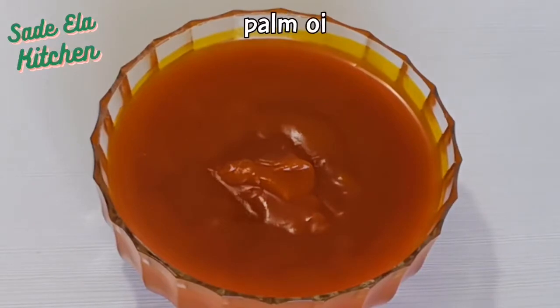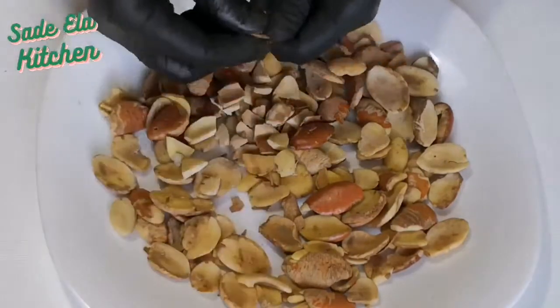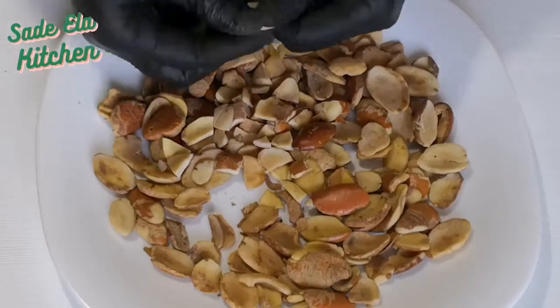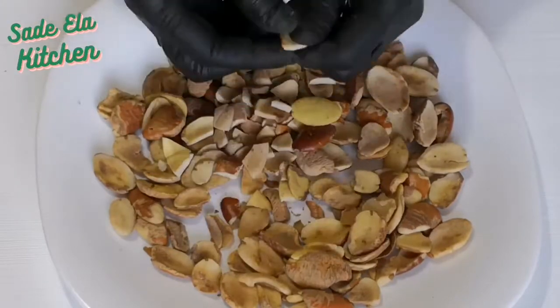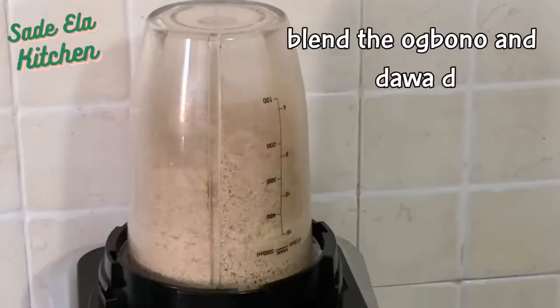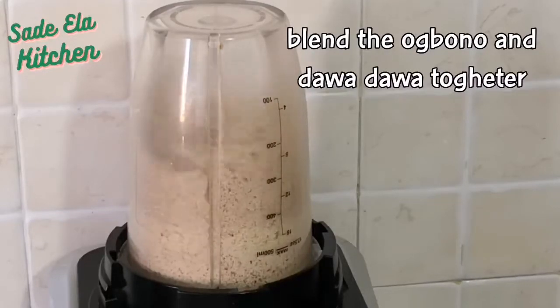I'll be using some palm oil. I'm going to be breaking my ogbono into little pieces. That will help my blender to work properly. So guys, I'm just going to be blending the ogbono, cleaning up the fish, the stockfish, and this is really